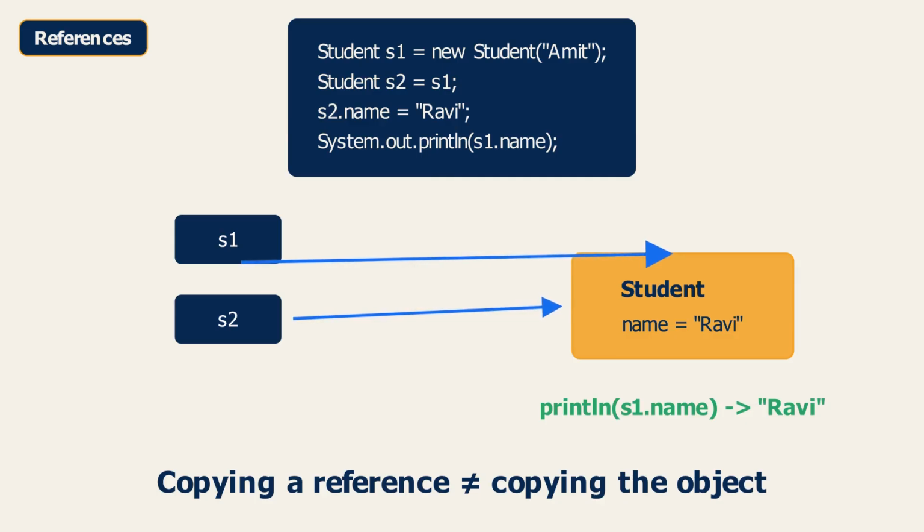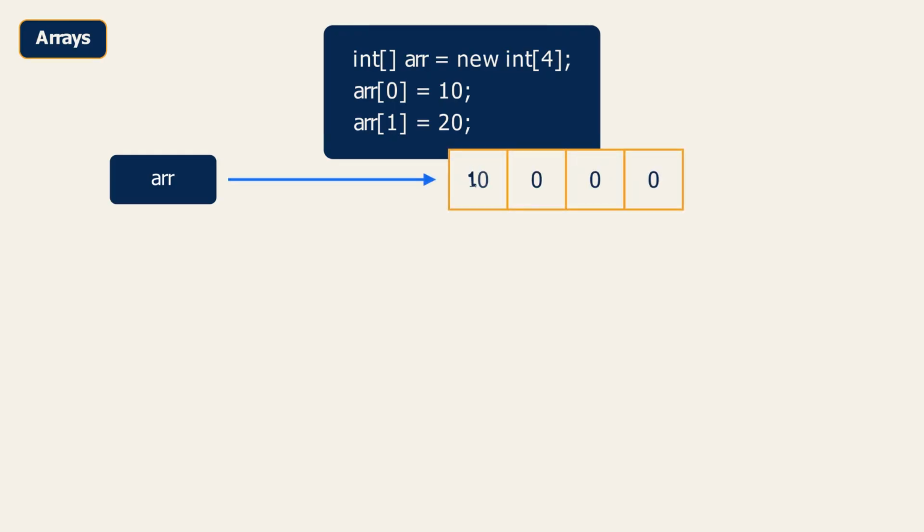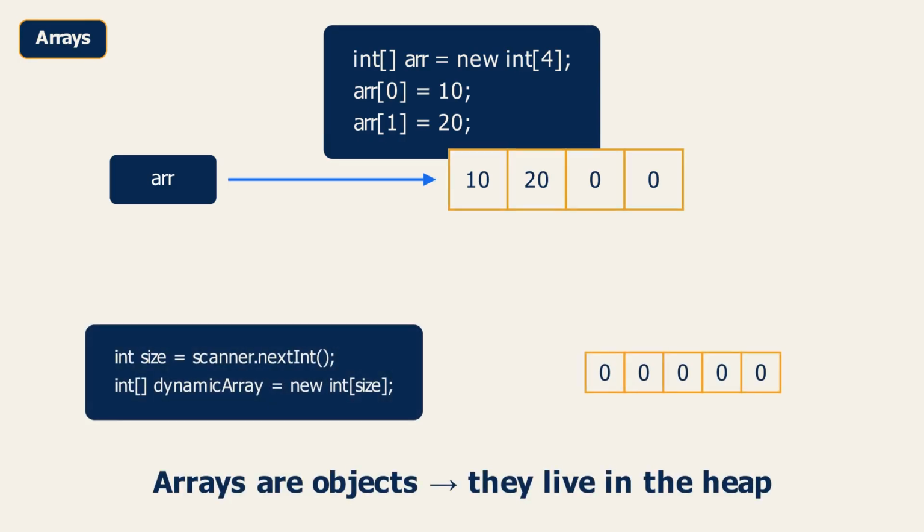The string "Ahmet" stored inside it has its own special handling in Java through something called the string pool. That's a separate topic we'll cover another time. Arrays in Java are objects too, which means they also live in the heap. arr in the stack is just a reference. The actual array, 4 index slots, each starting at the default value 0, is created in the heap. When we assign a value into the first slot, we're reaching through that reference into the heap to update the